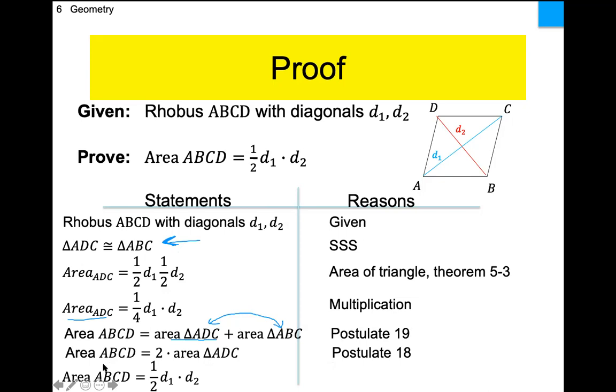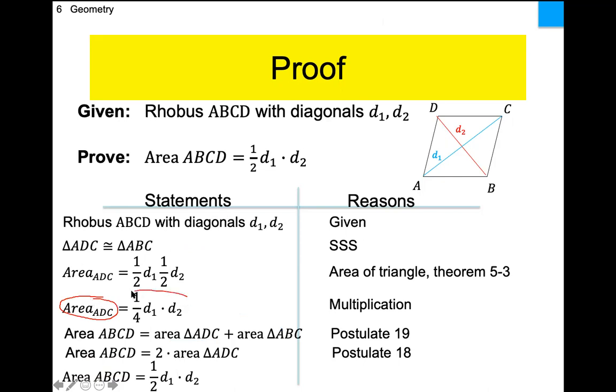All right, so how do I turn this? Well, let me do this in red here. So this looks like this. That's good. Well, the 2 needs to turn into a half. I can do that easily by probably using some division or something. But I got area of a triangle, and this says D1, D2. That's a problem. And how am I going to get around that? Well, I'm going to go back to a previous statement that I said before, and this will be the substitution, says that triangle ADC